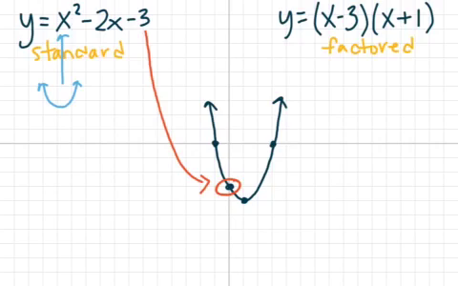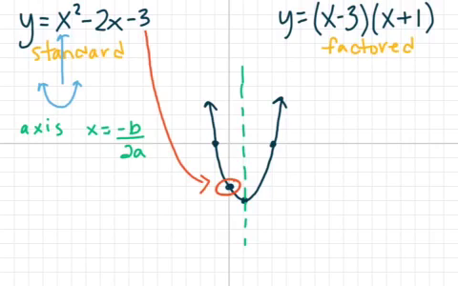The next thing we found was the axis of symmetry, and that is the vertical line that goes halfway through the graph. And the way that we found the axis of symmetry was with the equation x equals negative b over 2a. And we plugged in the values for b and a that we found from our equation. And then we found